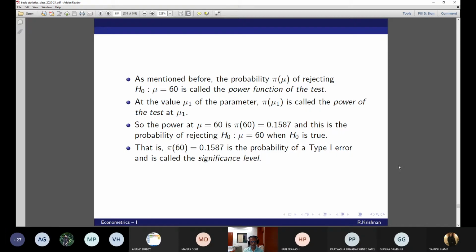As you all know, the normal significance level taken is only either 1% or 5%, in other words, 0.01 or 0.05. Just to clarify, the power of the test is the probability of rejecting the null, at a particular value of the parameter. Of course, under the null. That is always the case.